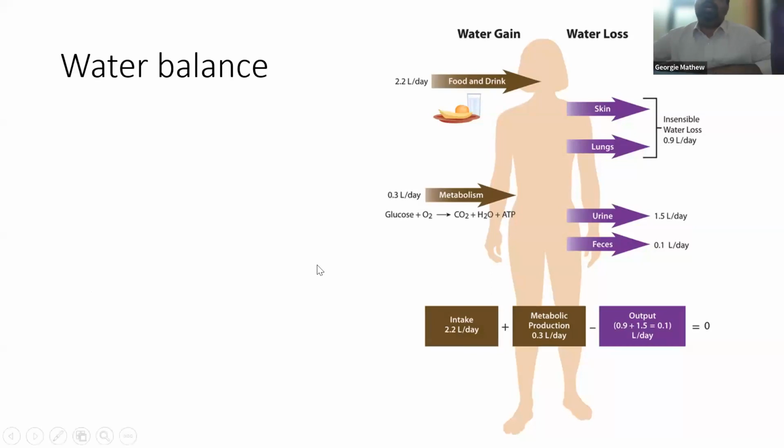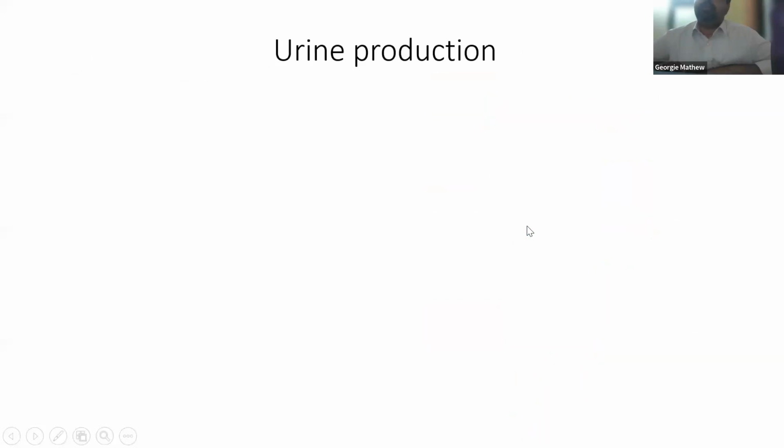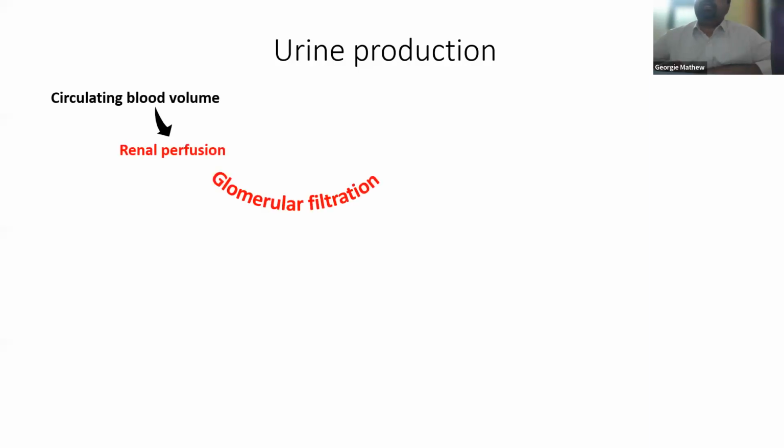So now we are looking at this homeostasis of water and solutes, predominantly at the kidney. So how does the kidney produce urine? You know that we all have an effective arterial circulating blood volume. This blood volume has to reach the kidney and perfuse the kidneys. When it reaches the kidneys, it is distributed into 1 million glomeruli, which are the basic beginning part of the nephron. Through the afferent arterioles, through the fenestrated capillary walls, this blood is filtered nicely into